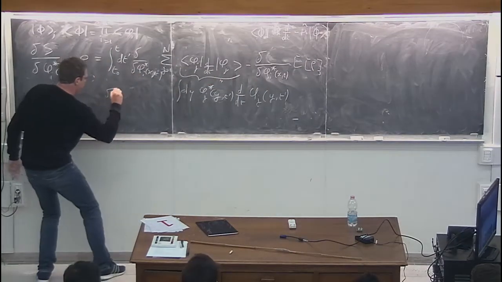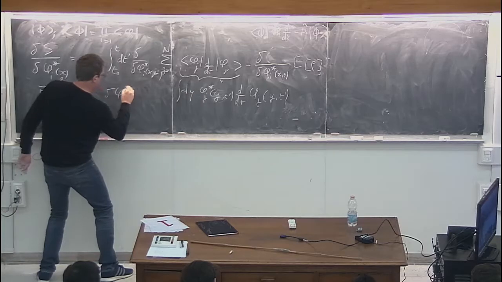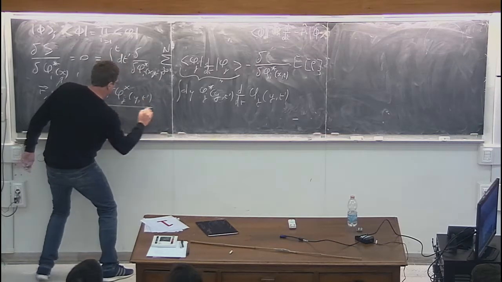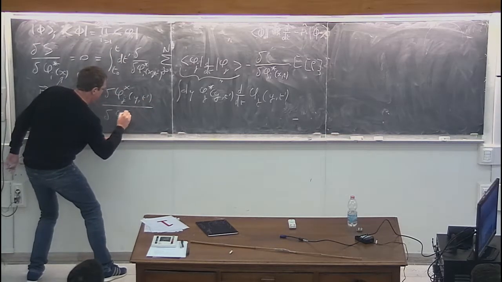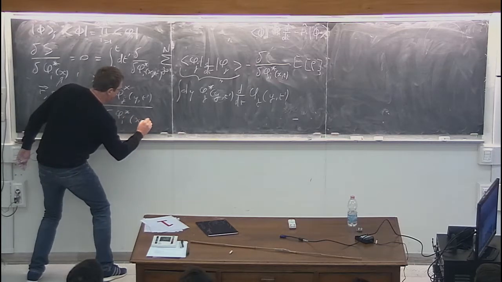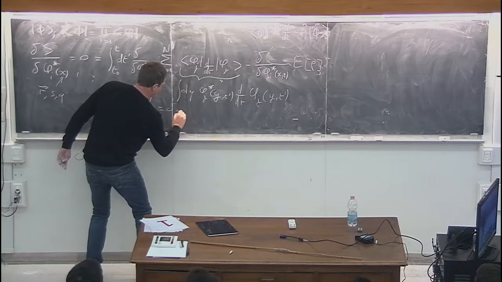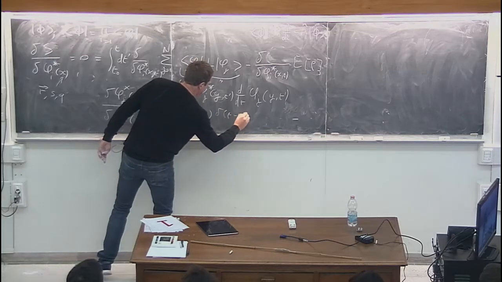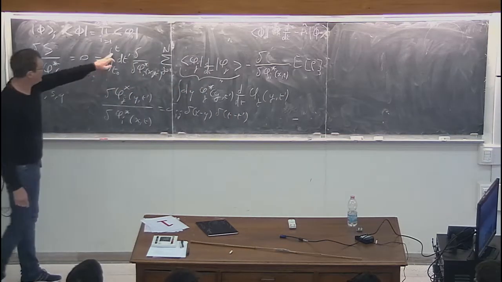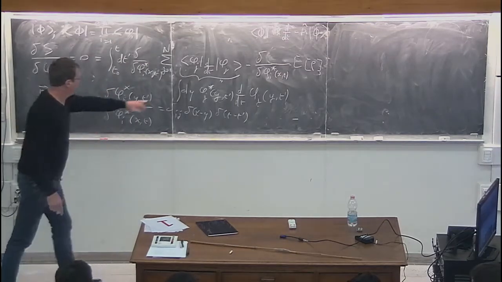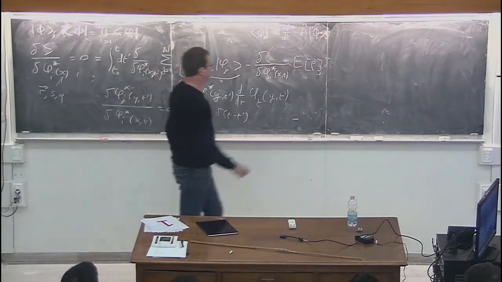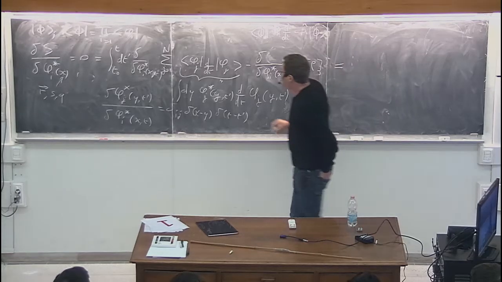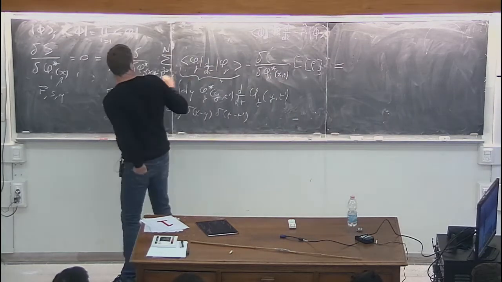So noting that delta of phi star j y t dash with respect to phi i star x t is just delta ij, delta x minus y, and delta t minus t dash. You kill all the sum, you kill the integral, you kill this sum, and you kill this integral. So you just have, and there should be an iħ in front here,